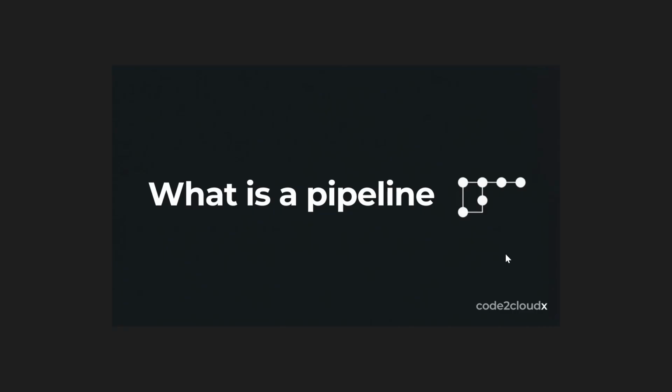So now in this video, we will understand what a pipeline is. If we try to understand through the definition, then a pipeline is a sequence of automated steps that run one after another to complete a process. If we try to understand with a real world example,